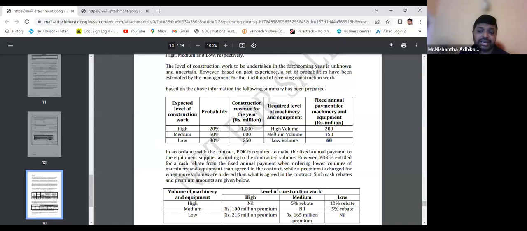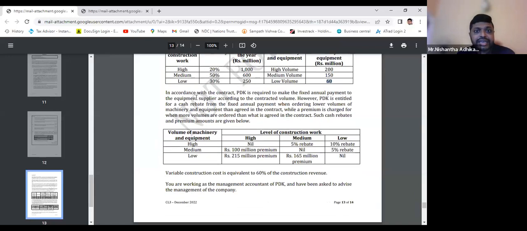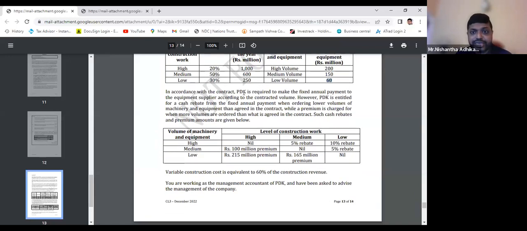A similar kind of illustration was there in the previous exam as well. In accordance with the contract, PDK is required to make the first fixed annual payment to the equipment supplier according to the contracted volume. However, PDK is entitled to a cash rebate from the fixed annual payment when ordering lower volumes of machinery and equipment than agreed in the contract, while a premium is charged when more volumes are ordered than is agreed